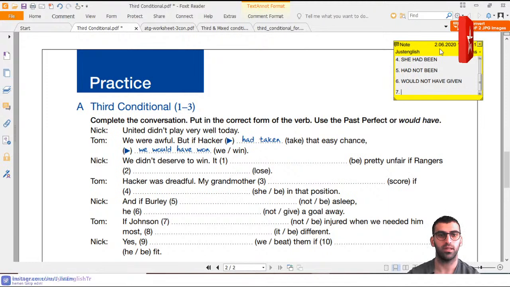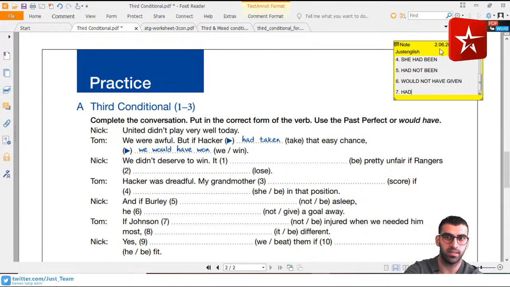If Johnson, like this is if, if the sentence starts with if, we have to use past perfect. For third conditional sentences, it means we have to use the past perfect form of be. It's a negative again, we have to add not after had. Hadn't, like if Johnson hadn't been injured,